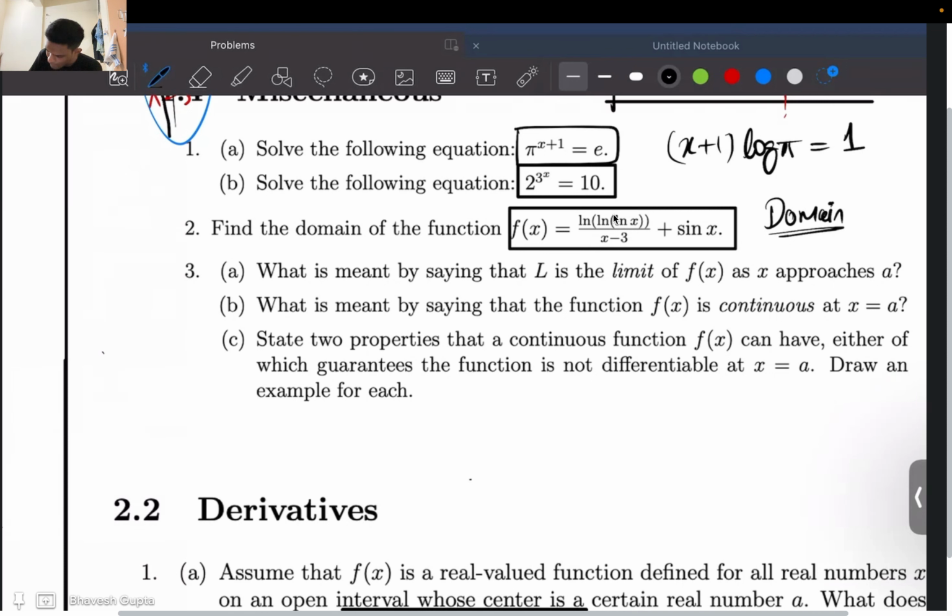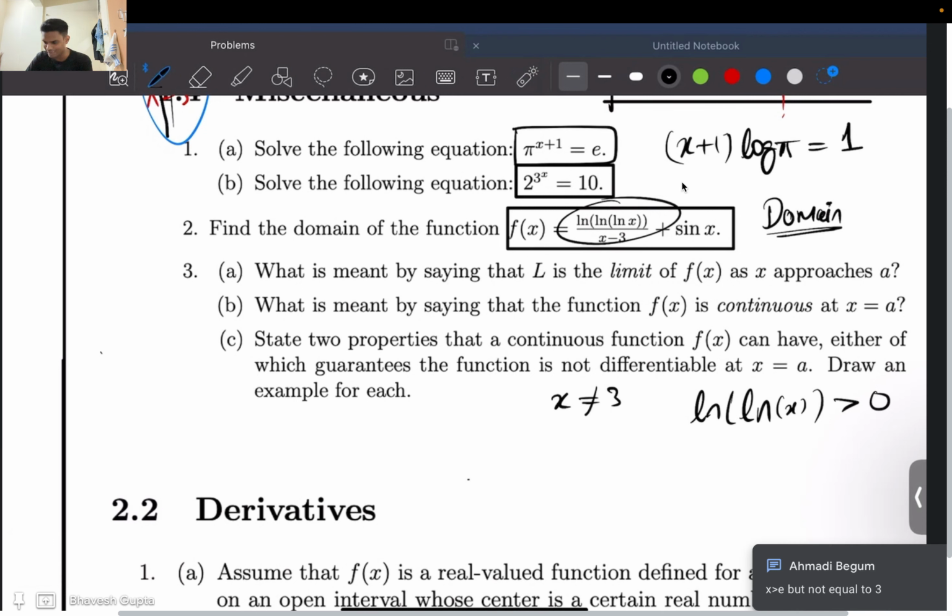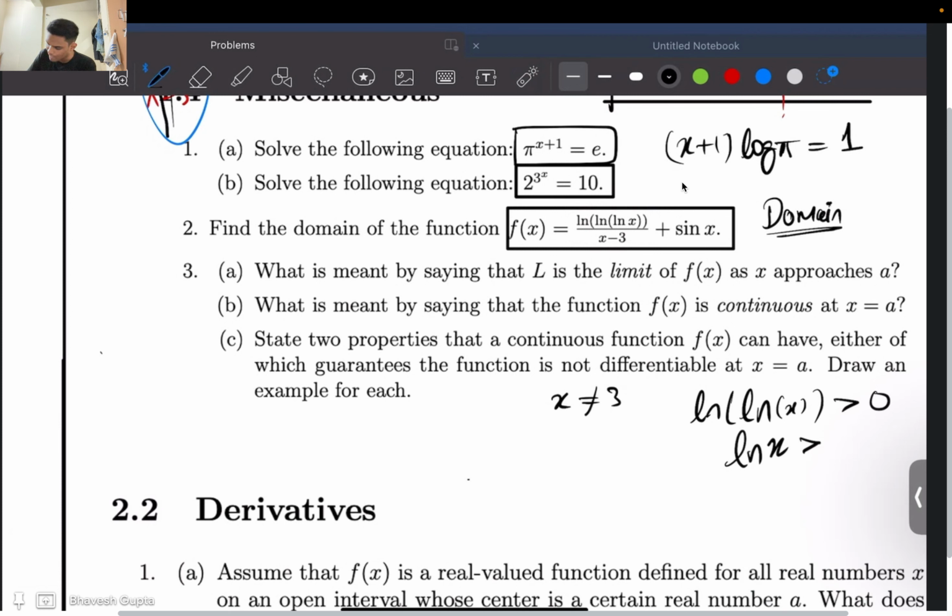First, because of the denominator, your x cannot be 3, and because of the numerator, your ln of ln x has to be positive, because my numerator has ln of something, and that ln of something has to be positive. And the way it can be positive is if my ln x is greater than 1,